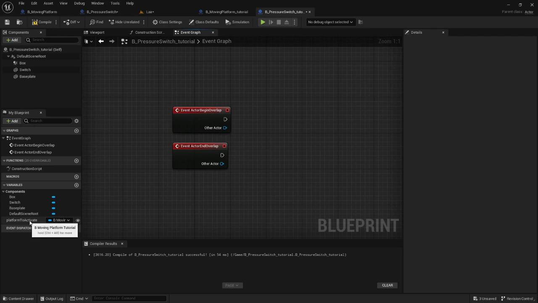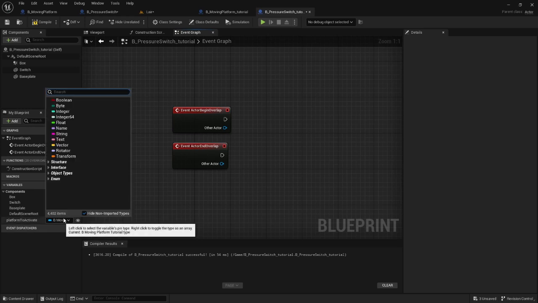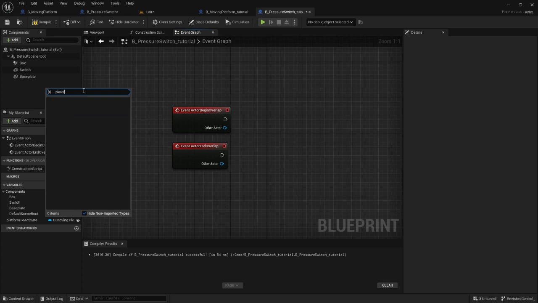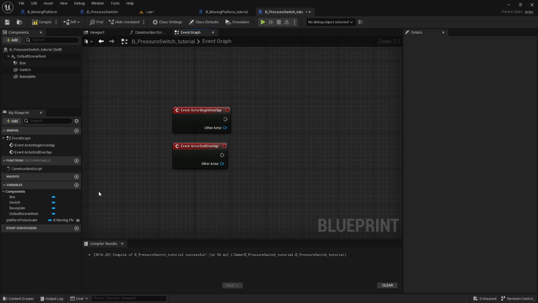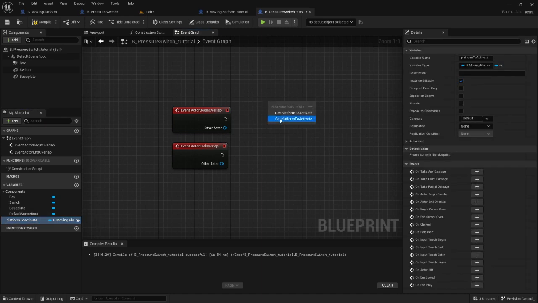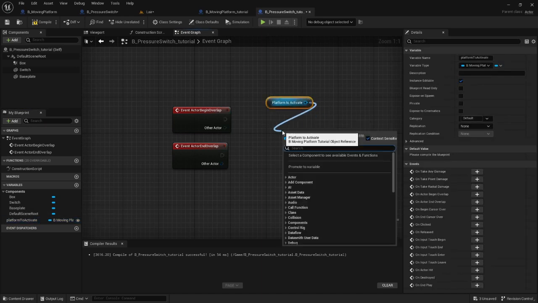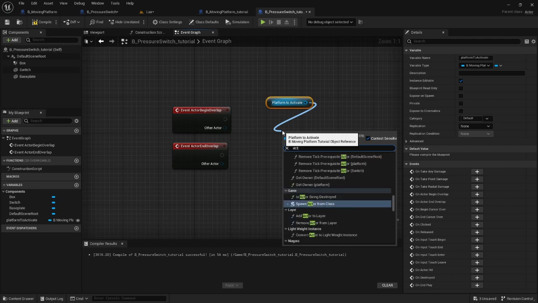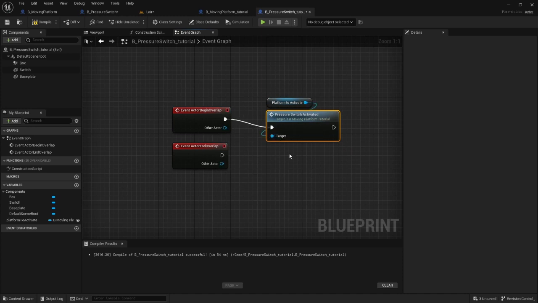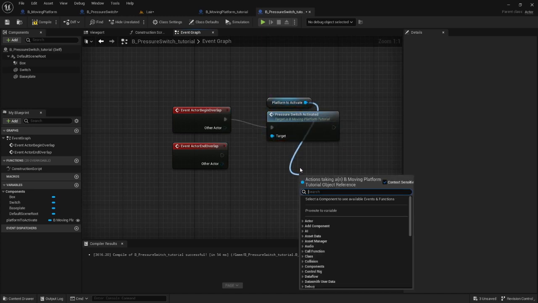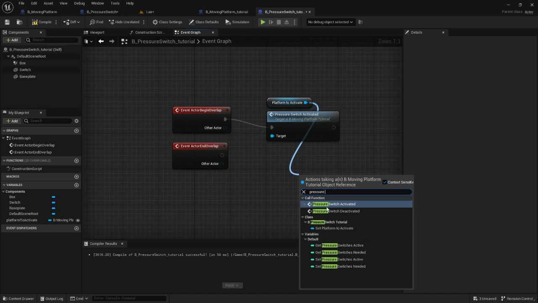And since we have that variable to reference here, that's exactly how we're going to do it. All right, so we're going to make sure our type here, or variable, is public and editable, because for every switch, we want to be able to tell it what moving platform to activate. So we're going to make sure this is a platform type, so a BP moving platform tutorial. We're just going to click, and here we can now get, and now we could say pressure switch activated on overlap, or pressure switch deactivated